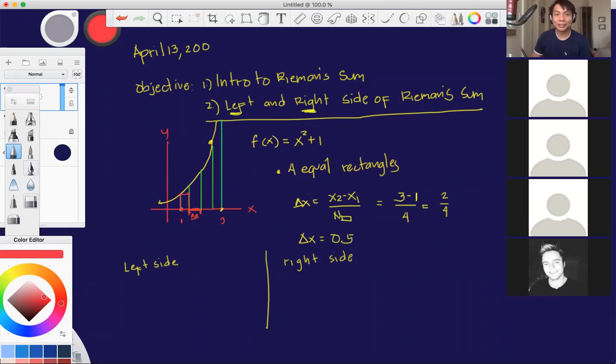Would that make sense? We're looking at this side right here. This is your left, this is your right. So we're going to consider the left side of our rectangle. Would that make sense, guys? Okay, so again, in order for us to get the area,